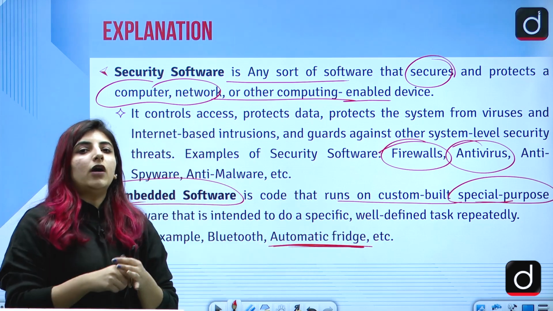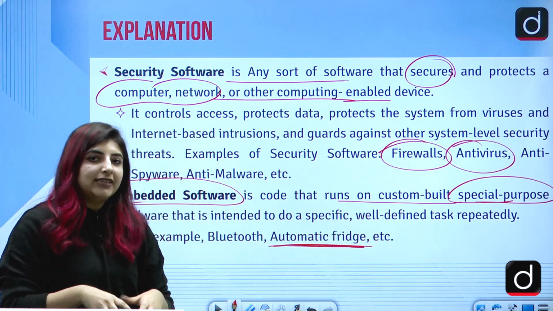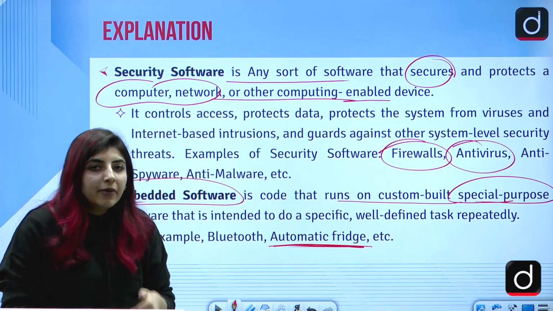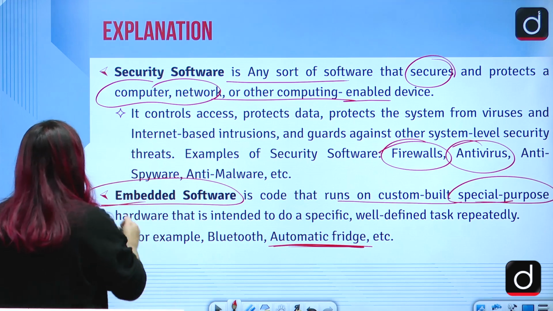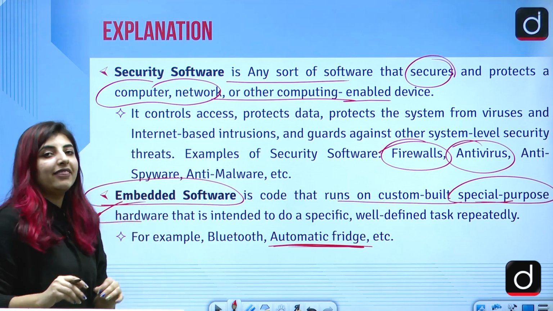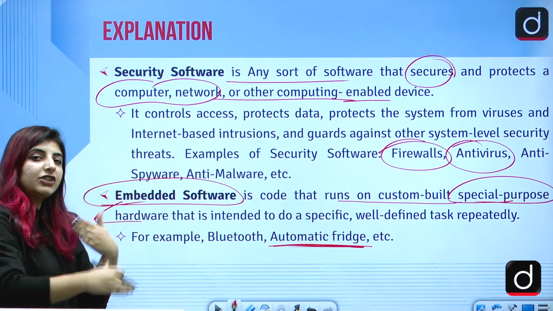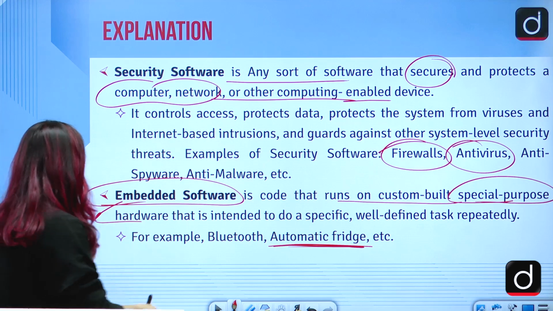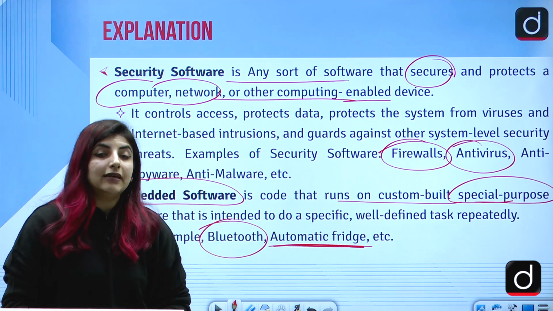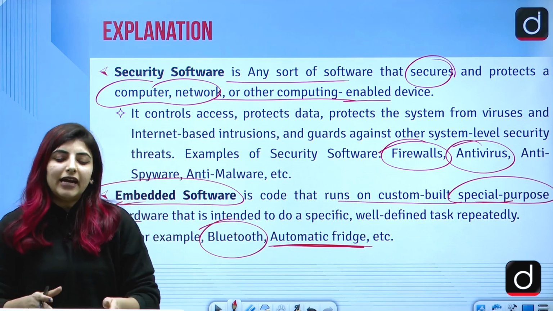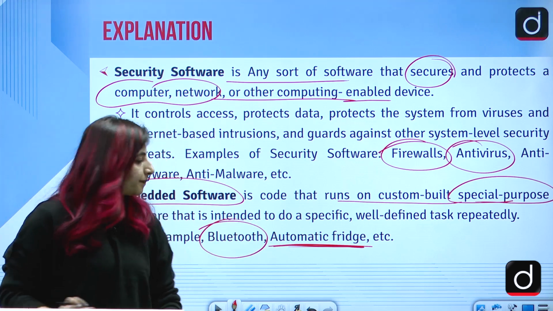So for the ice to be there in your fridge, etc., all of these are things which are embedded. These codes are embedded on the hardware, and that's why they work for a specific task which is done repeatedly over time. For example, Bluetooth, automatic fridge, Alexa, even the alarms we can say, for a specific purpose.